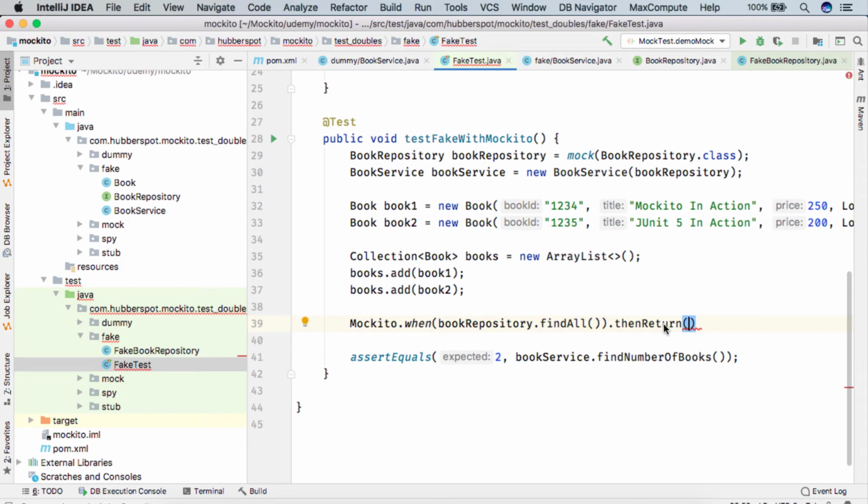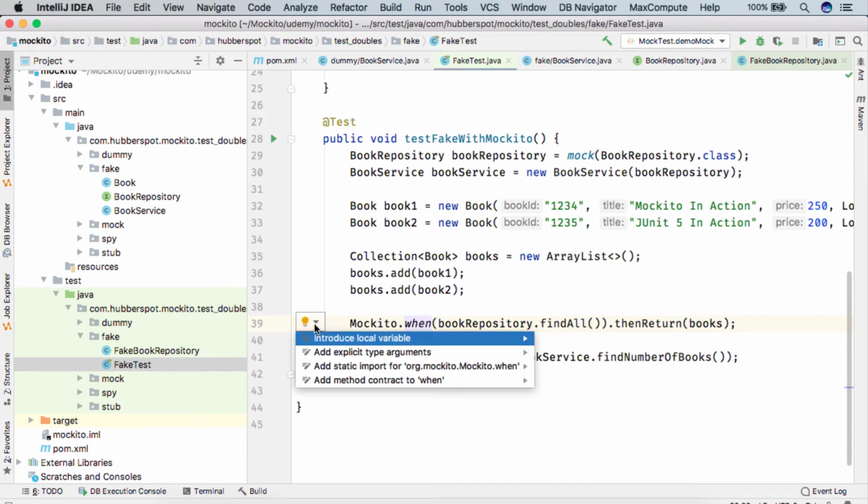Here you can see that the findAll method returns a collection of books, and we have created this collection of books. So we are simply telling this mock that when the bookRepository.findAll method is called, then simply return this collection of books which we have created here. So we'll copy and paste it here, and that's it.